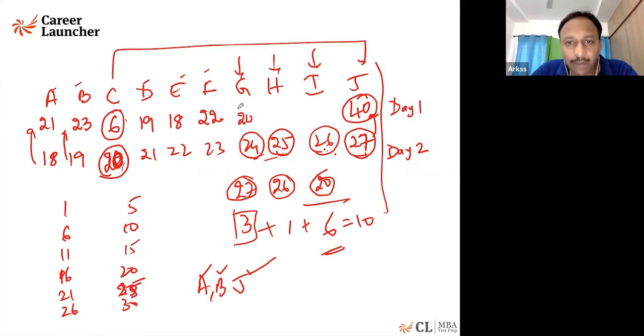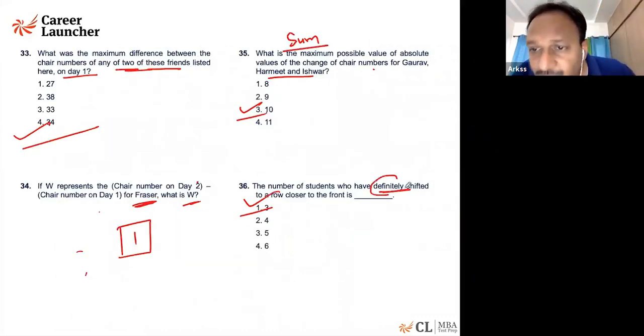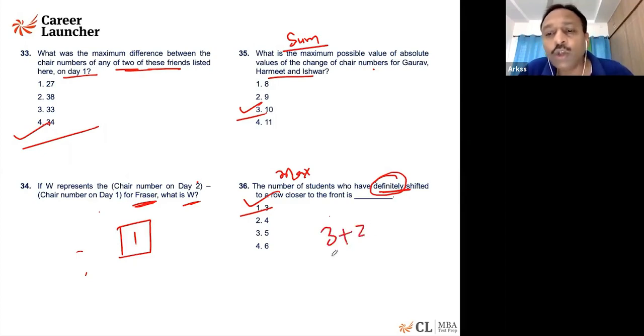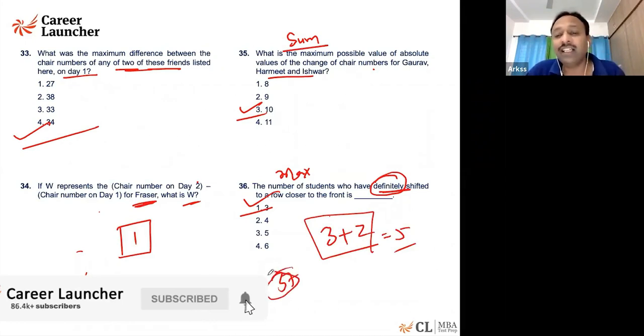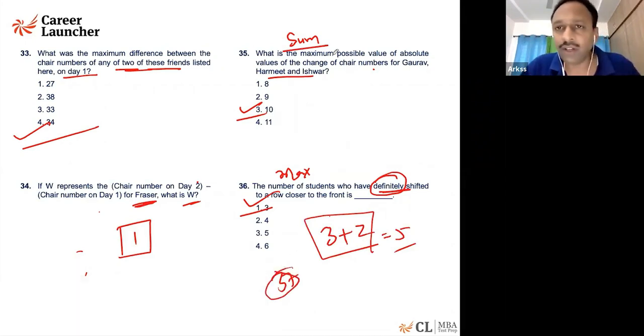I'm just taking a new question, guys. Let's say the fifth question says, what is the maximum? So 24 to 20, he can shift. 25, it can't. 26 to 25 can shift. This is also possible. So there were two more extra I can get. So for a question like this, if this definitely was not there, what is the maximum students who could have shifted closer? The answer will be 3 plus 2 more, and that would have been 5 for that question. That is the 37th question, if I say, or a 36B, right? So that's also. Thank you.